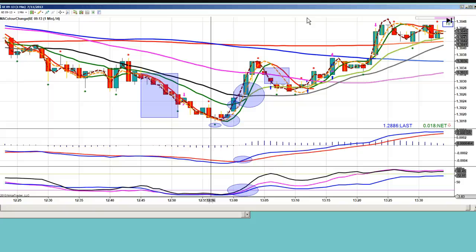So now that we've decided what our strategies are, let's look at how we can make it stand out more. So obviously, for the trend trade, we want to look at where the majority of the moving averages are most of the time. Okay, we want to trade with that. And with the reversal trades, we want to be looking for the MACD. Okay, and for the gap trade, we want to be looking at the space, but I say most importantly, the HMA color change and the position of the candles.